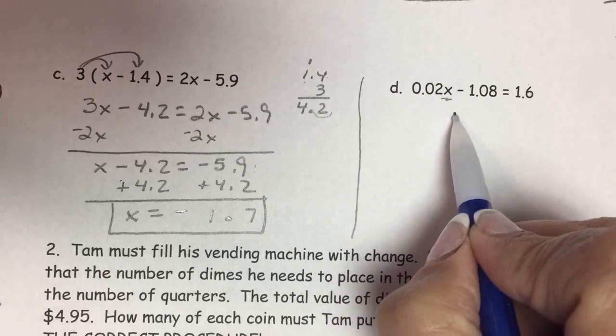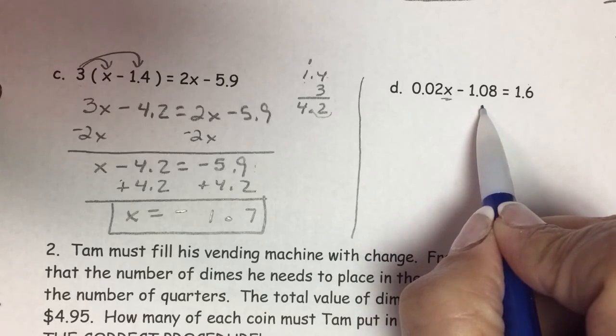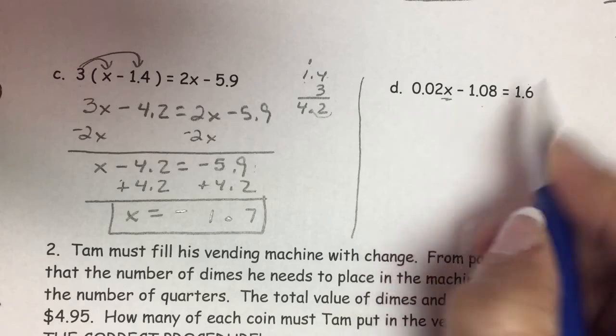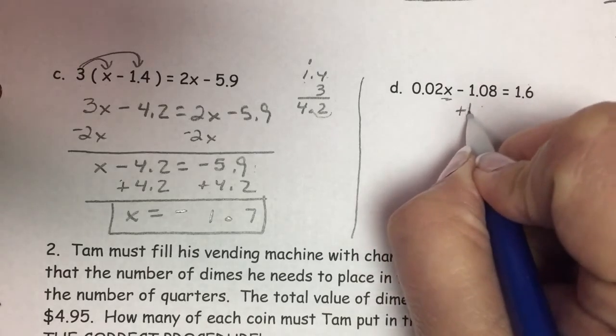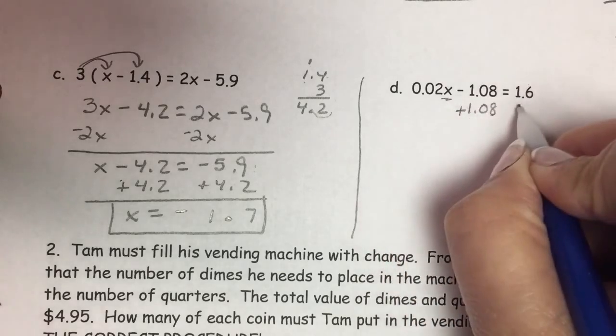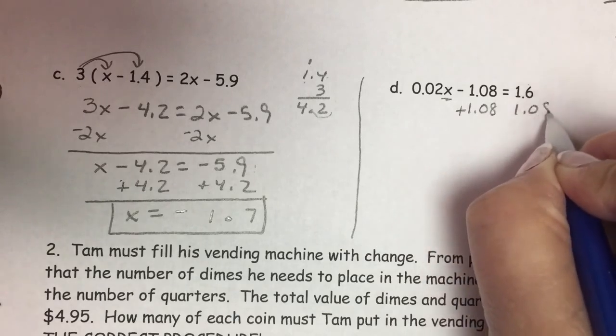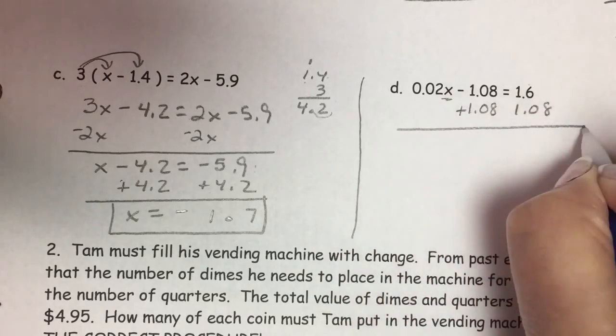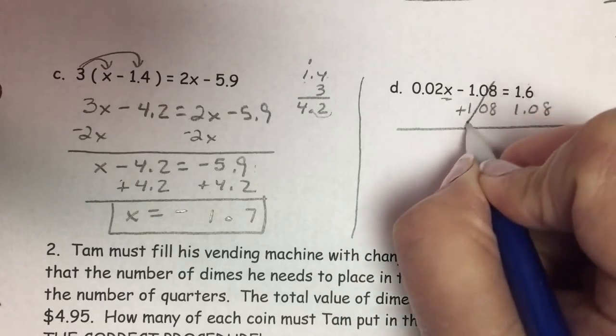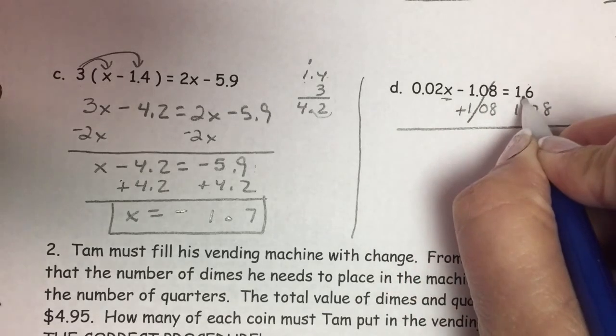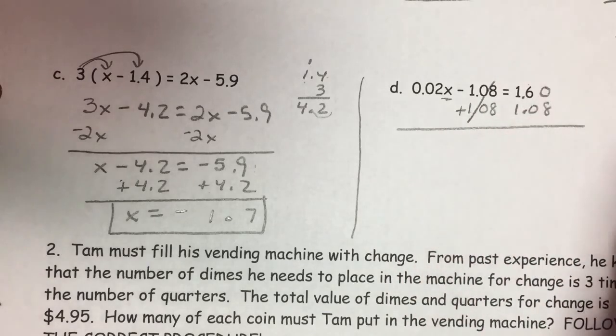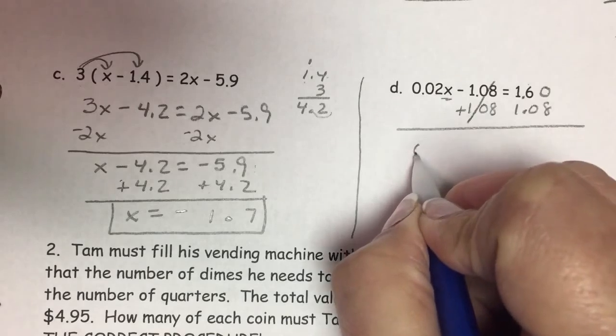So what's on the left that I don't want? I don't want this negative 1.08. How am I going to get rid of subtracting 1.08? I'm going to add 1.08 to both sides of my equal sign. Those are going to cancel. Notice how I lined up my decimals here. So I have left